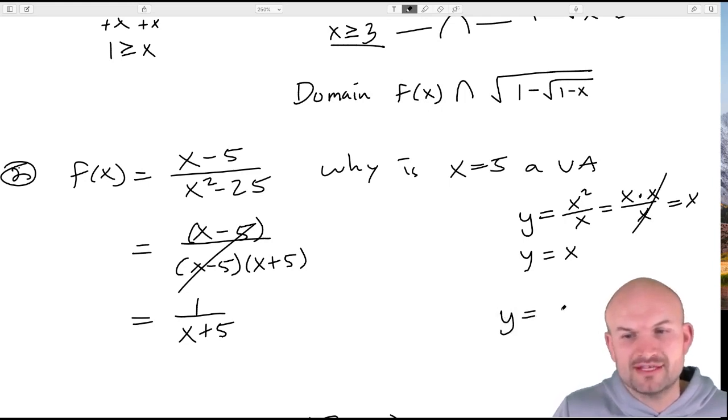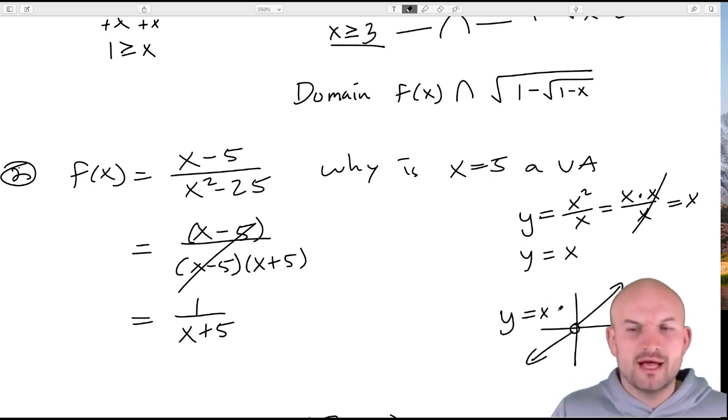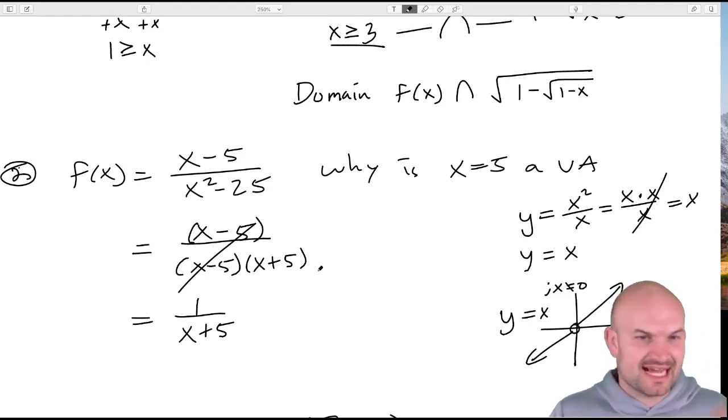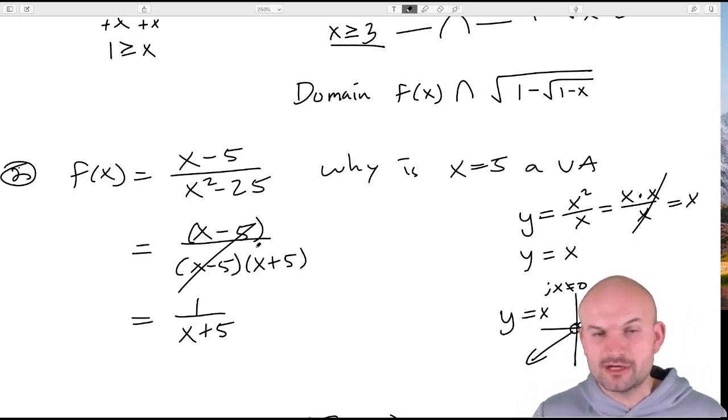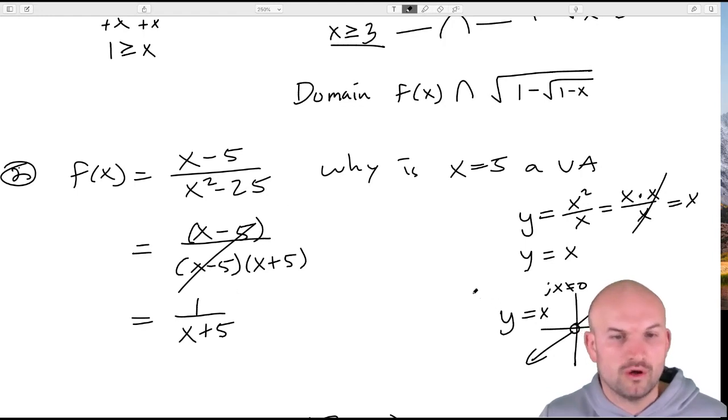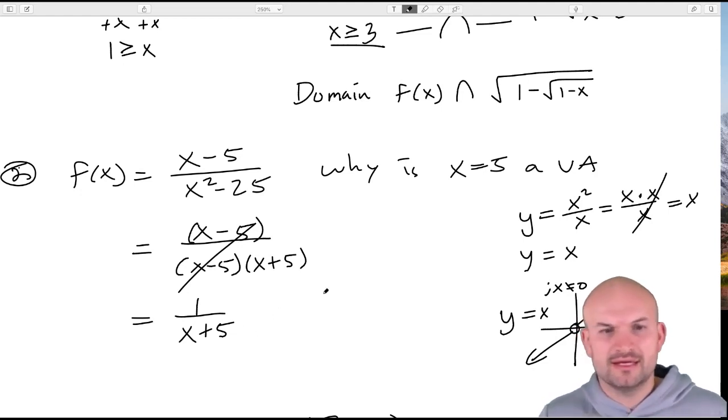So if we were to graph this, it would look like this. It's still going to take the shape of y equals x, but x cannot equal 0. That's what I mean by these discontinuities, because discontinuities are values that make the denominator of the rational function equal to 0. So even though it can be divided out, that just means it's a hole. But since the x plus 5 cannot be divided out, that's a non-removable discontinuity, and that's why maybe I wrote that